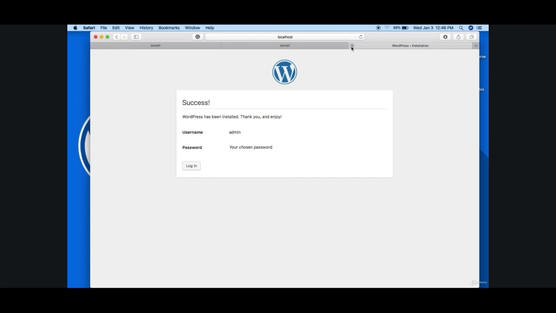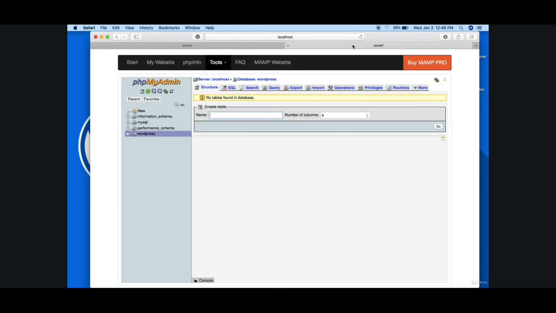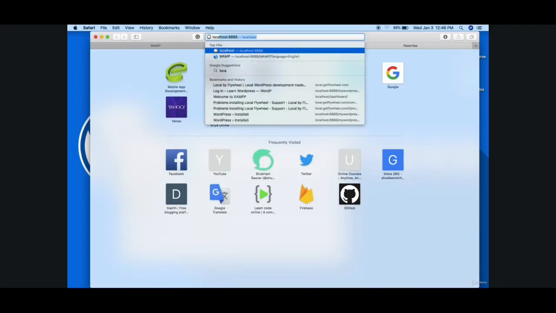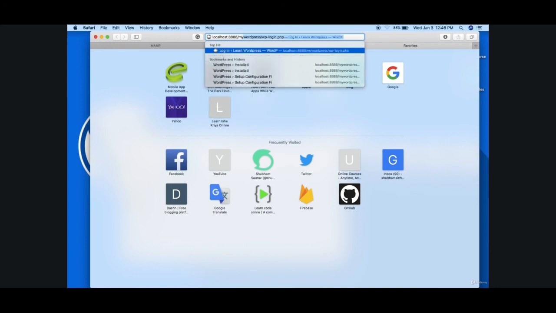So we can close this or we can log in from here, but I want to show you something else. So just close this and open a new tab and search for localhost slash your folder name. So it was my WordPress, and then type wp-admin.